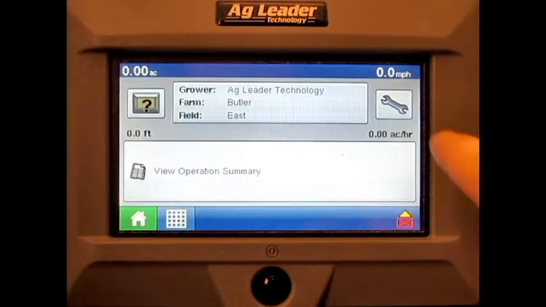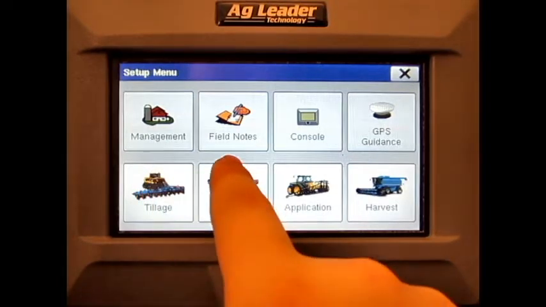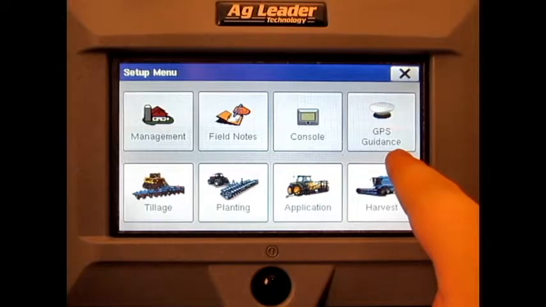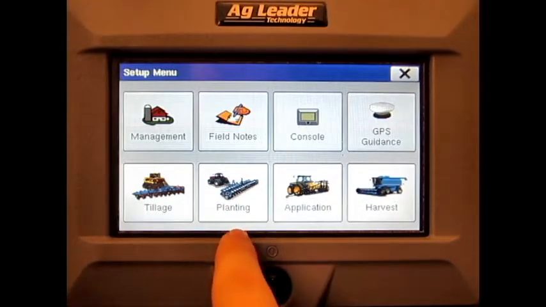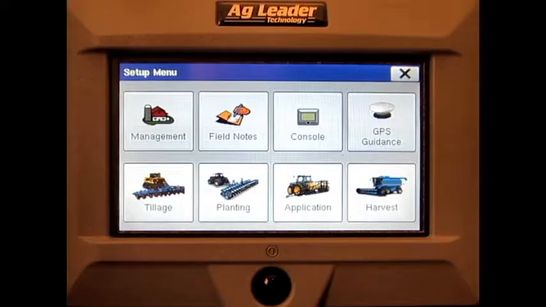If we go to the Setup screen, we can select Management, Field Notes, Console, GPS and Guidance, Tillage, Planting, Application, and Harvest Operations. If we go to the Run screen,